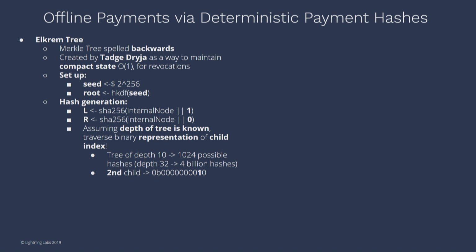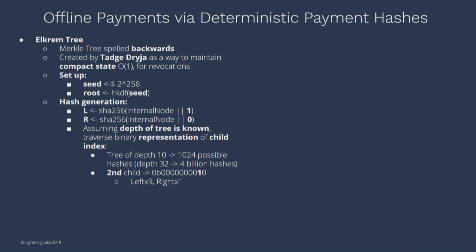So let's say I was going to derive the second child in my tree of depth 10, right? I would use this binary representation right here, and I'd go 0, left, times 9, basically 0, 0, 0, 0, 0, and then finally go to right, 1, and then I have that particular element there. This is really cool because this is how we're synchronizing state, right?